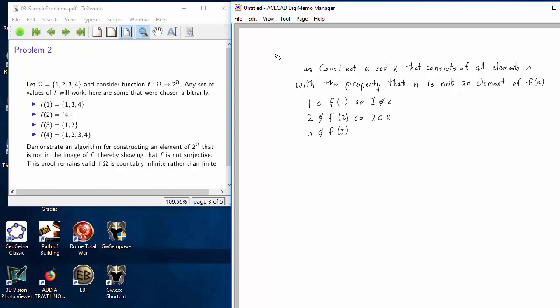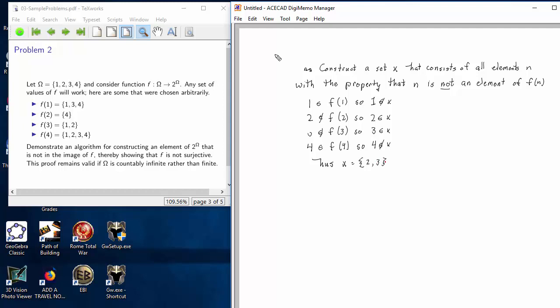So 3 is not in F of 3, and therefore I will include 3 in X. Finally, F of 4 is {1, 2, 3, 4}. That includes 4, and therefore I don't want to include 4 in X. In other words, my set X in this particular case is the set containing 2 and 3,